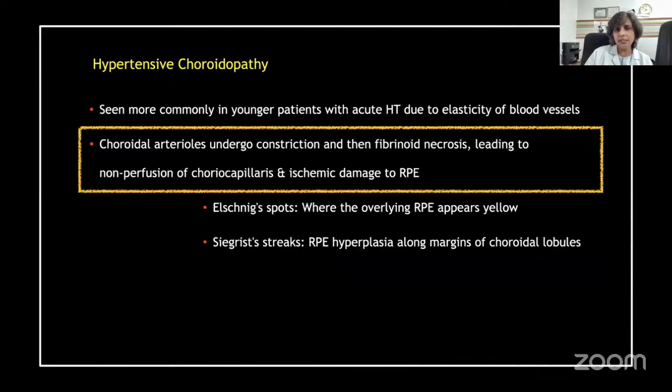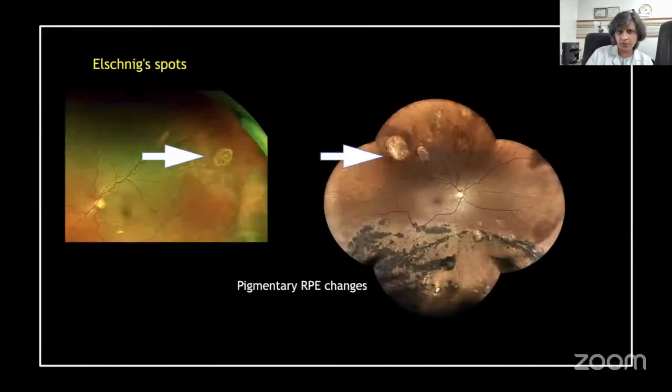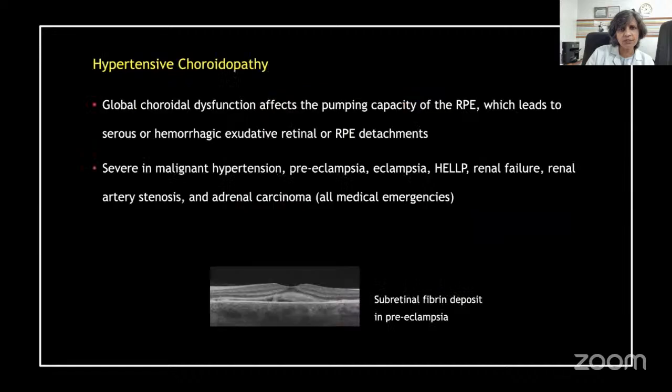Choroidopathy is seen in younger patients, again, just like retinopathy. The choroidal arterioles undergo constriction and fibrinoid necrosis, which leads to non-perfusion of choriocapillaries and ischemia of the RPE, which then leads to serous, the RPE does the pumping action, and when that is damaged, there are serous detachments and hemorrhagic detachments of the retina. Localized ischemia of the RPE leads to Elschnig spots and Siegrist streaks, which are at the margins of the choroidal lobules. So these are Elschnig spots in a patient with hypertensive retinopathy, pigmentary changes, Siegrist streaks,